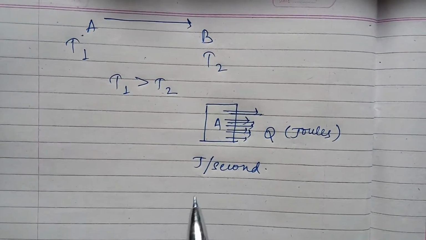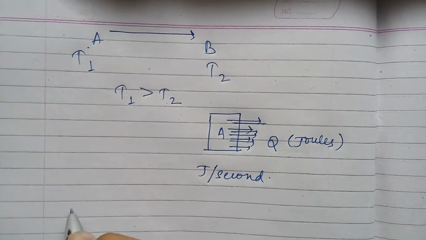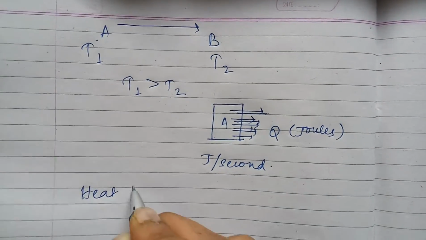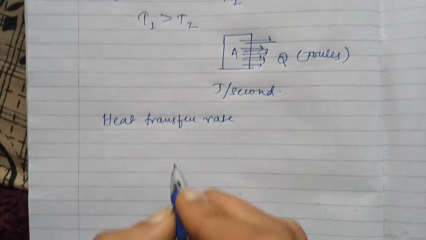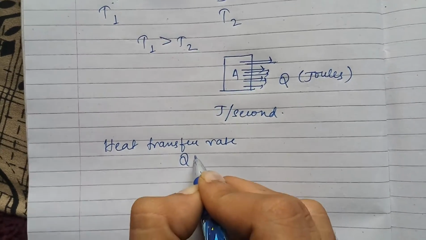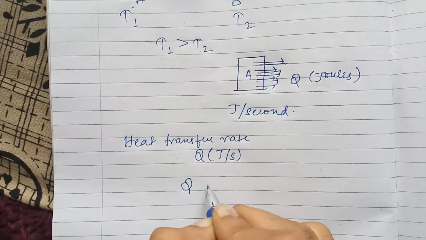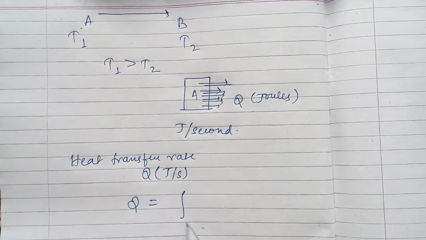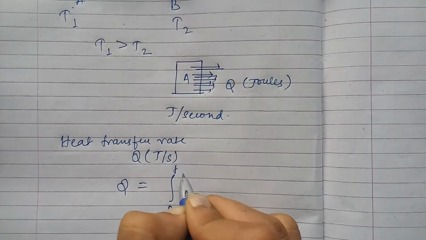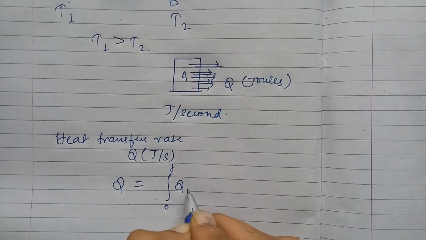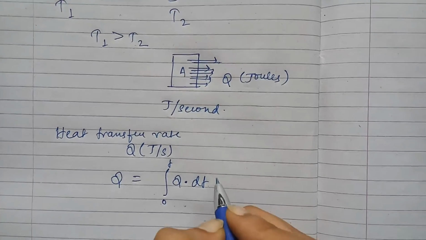So now we can say, what is heat transfer rate? Heat transfer rate Q dot, joules per second. Q is equal to the integration, with boundary limits of 0 to time interval t, of Q dot dt, differential t,